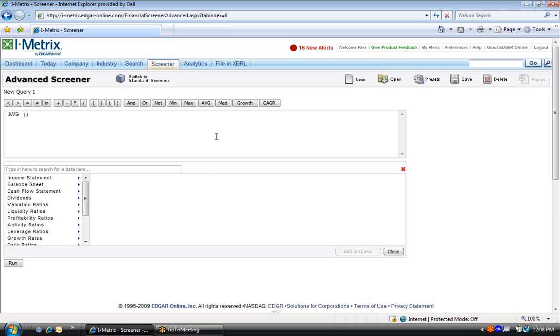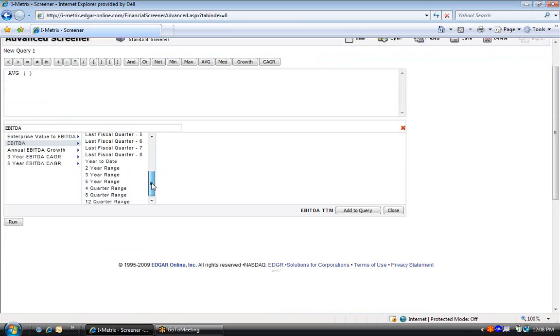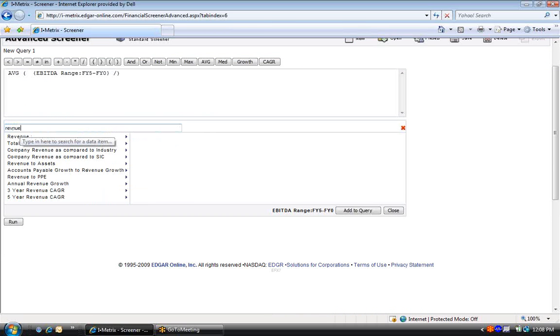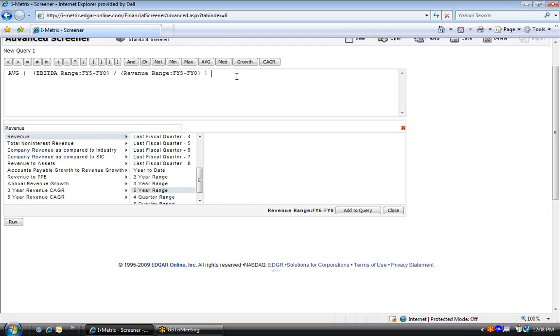and now we're going to create our ratio. So if I type in EBITDA over the trailing 12 months, actually, sorry, five-year range, divided by revenue over a 5-year range, go outside the parenthesis, is greater than 0.5